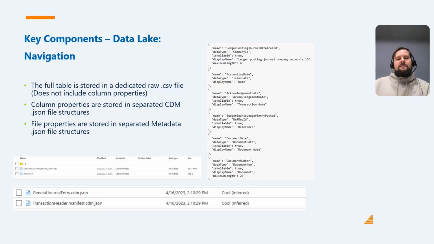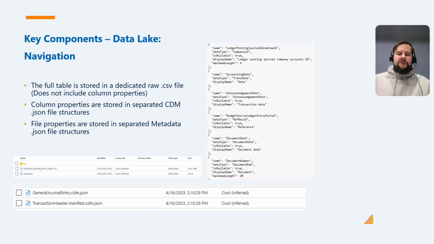Now, the whole point is that you need to combine this source file that contains the data with your CDM and manifest files. That way you're able to read it. But Azure Data Lake itself only stores raw data and the structure that tells how the data should be consumed. For example, the length is only up to 20, you won't have longer than that, or that some field allows null values or doesn't allow null values. So it is up to us to build the other components in order to consume this data that is being put in the data lake during each export.